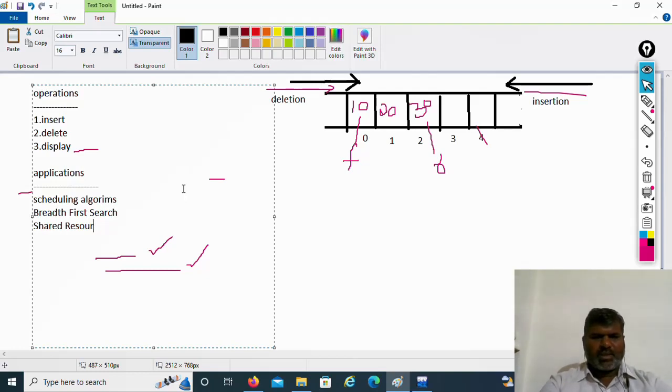Okay, so these are the different applications of queues. So in the next video we will see